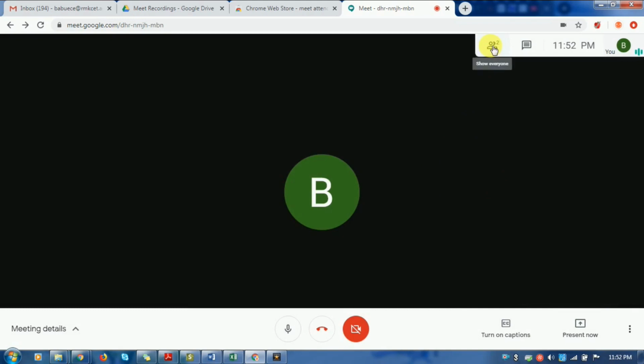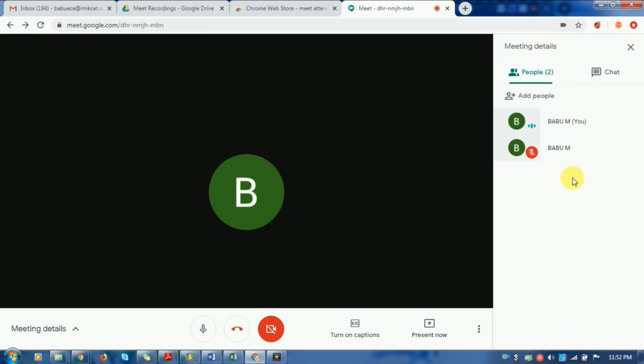The next option, at the top side, lets you view the participants. For explanation, I have logged in using another device also. As a host, you can control all the participants. Here I have muted myself on that particular device. If, during any presentation, a participant switches on the mic, you can mute it. But on the participant side, they can unmute.